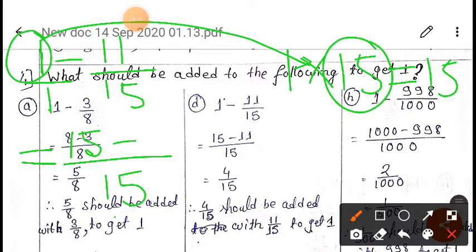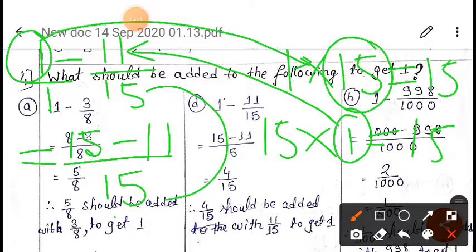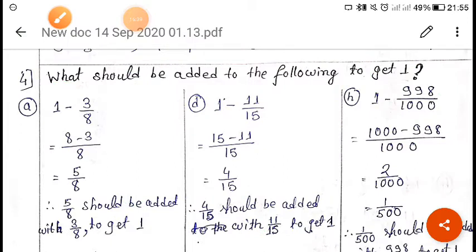So we will write here 15 minus, in the multiple of 15, 15 into 1 is 15, right? So this one will now be multiplied with this 11. So we will get 1 into 11 is 11, right? So 15 minus 11 is 4, right? So 4 by 15 will be the answer. I hope you are understanding this. One more, let me do one more.